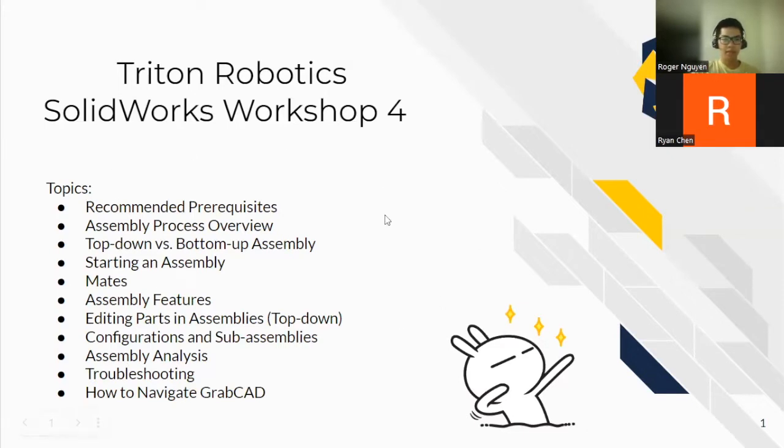So these are the topics that we'll cover. We're going to go over the assembly process overview. We will go over two assembly methods called top-down and bottom-up assembly. We're going to go straight to SolidWorks, figure out how to start an assembly, mates, some assembly features. We're going to talk about top-down assembly, configurations, which also exist in assemblies, assembly analysis, troubleshooting, and how to navigate